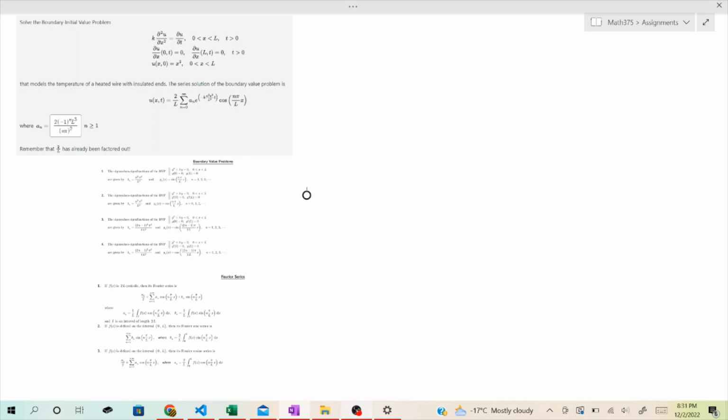We'll be solving the partial differential equation for the heated wire. So, given here, all we have to do is solve for a_n, which is just the Fourier cosine series. That's going to be 2 over L, integral. Actually, we see here that